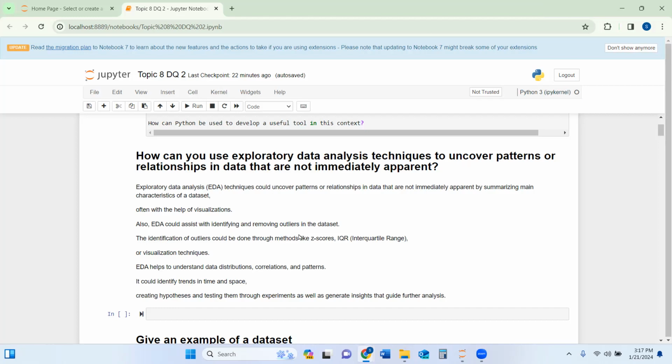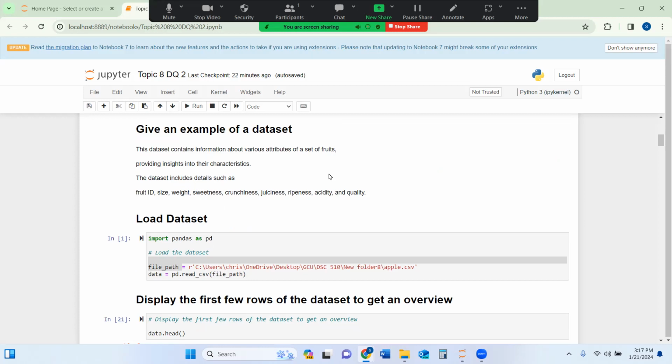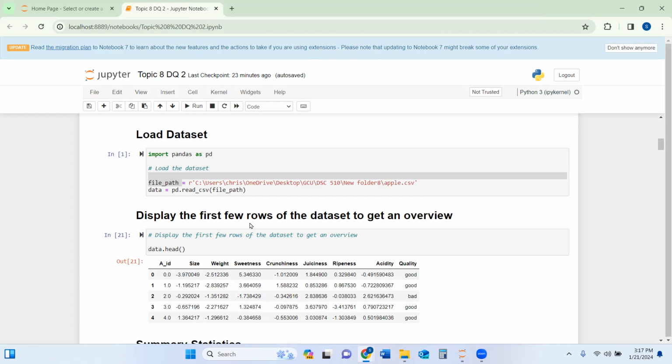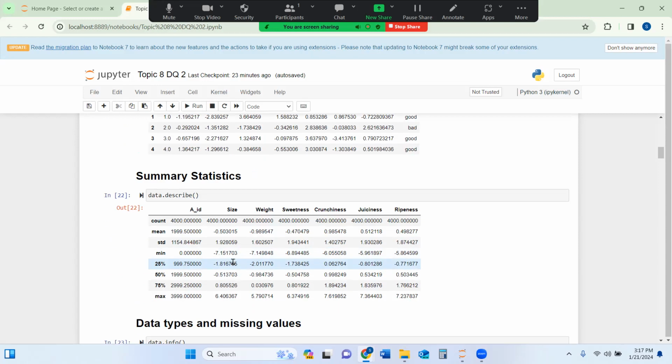EDA helps to understand data distribution, correlation, and patterns. It could identify trends in time and space, creating hypotheses and testing them through experiments, as well as generate insights to guide analysis. And this is the example of my data set here. I use a data set about apples, which includes details about the fruit size, weight, sweetness, crunchiness, juiciness, ripeness, acidity, and quality. The approach used in EDA to find hidden patterns or relationships includes descriptive statistics,